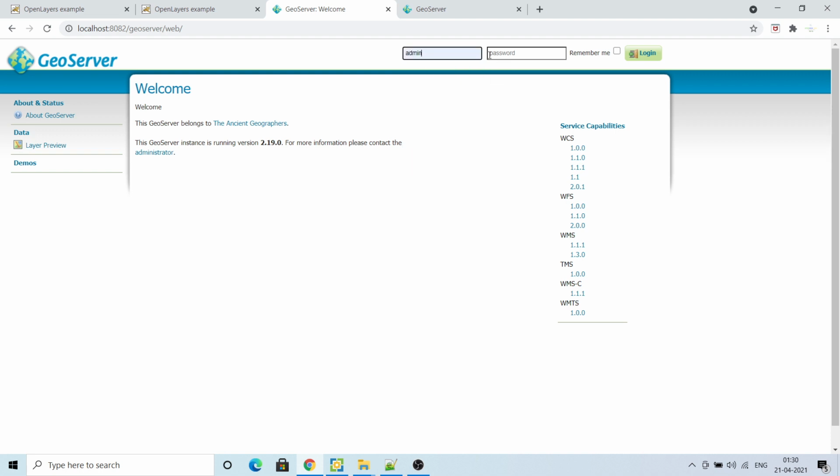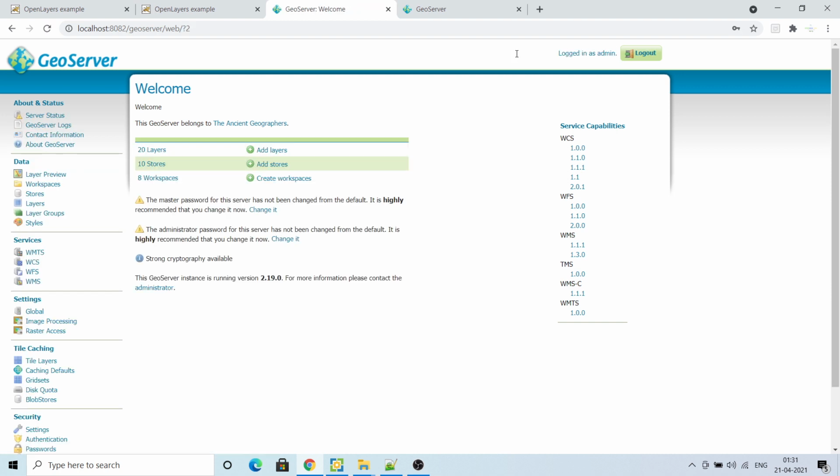By default the username is admin and the password is geoserver. You can change this password anytime. Now this is the interface of GeoServer.